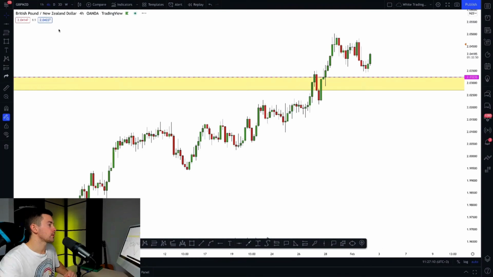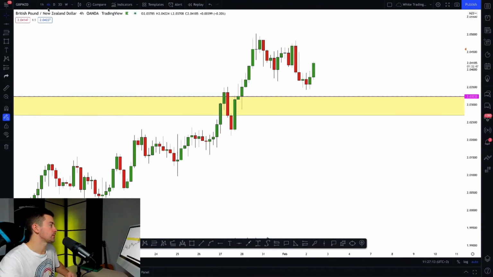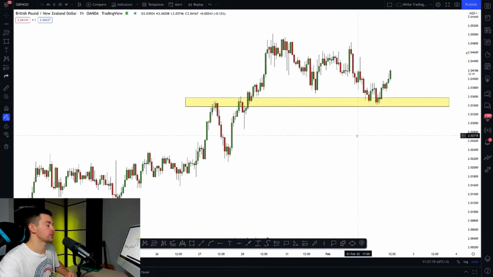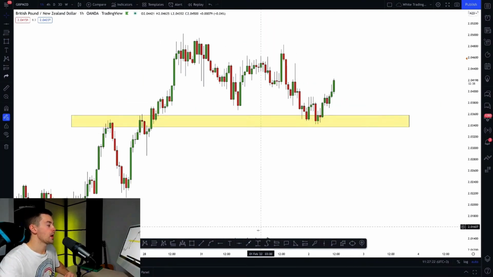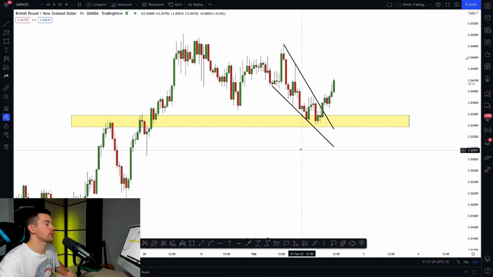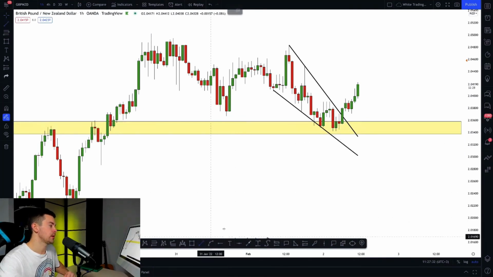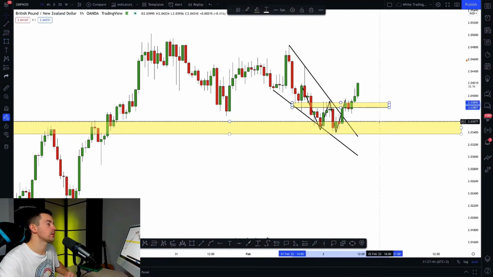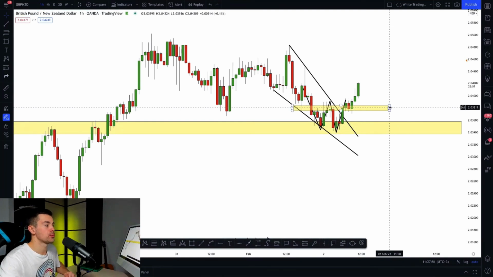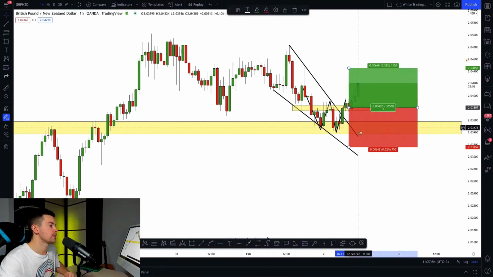And after the breakout, the price is retesting the broken structure. If we open the hourly time frame, look, here is our structure. And retesting that structure, the price broke this falling wedge pattern to the upside. And within that wedge pattern, the price formed a double bottom formation. Yes, classic one. Then the price here violated the neckline to the upside. Yes, the neckline of this double bottom was broken to the upside, and on a retest this morning I bought